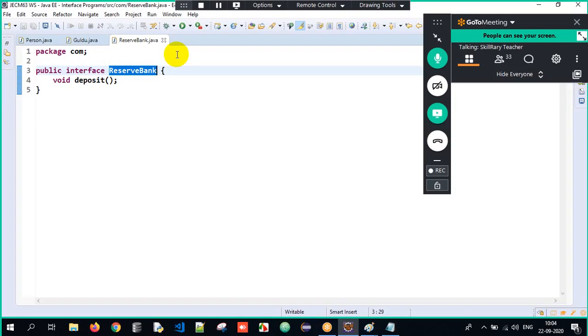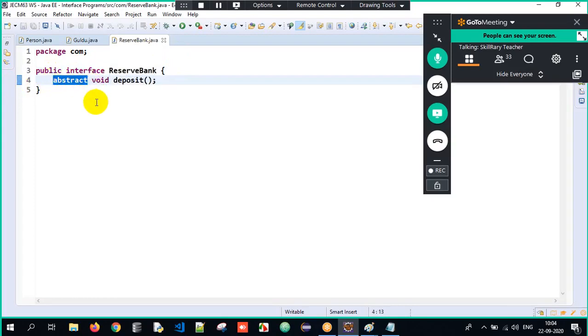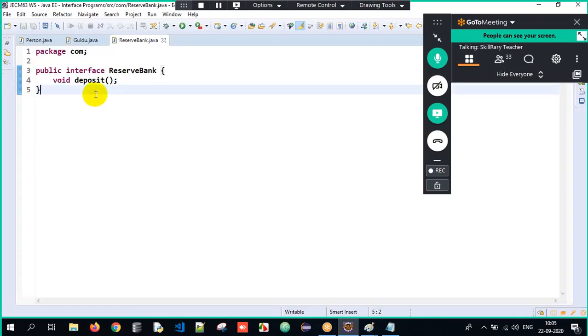If you define a method in an interface, you don't have to write it as abstract. Only a foolish person will write it as abstract. Why? It's automatically abstract. Why the hell are you defining it as abstract again here? Are you foolish? No, right? I'm definitely not foolish. I'm not writing it. But if you want, you can write it.